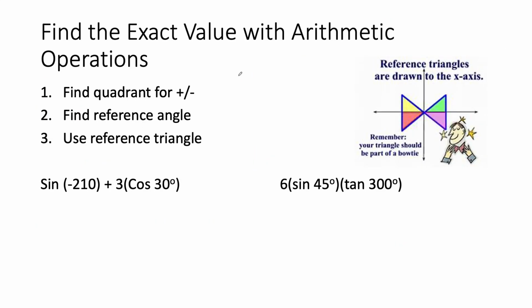Okay, last thing for today, we're going to go back to what we did in our day 3 with finding our exact values, but now we're going to do some operations. So notice it's asking me for the sine of negative 210 plus 3 times the cosine of 30. So I'm going to get a ratio here plus 3 times a ratio here, and then I'm going to solve a math problem. So I'm going to start with negative 210, and I'm going to go backwards around to here,